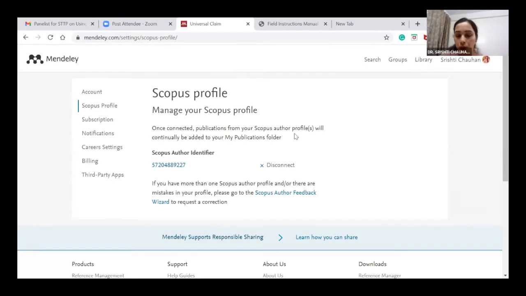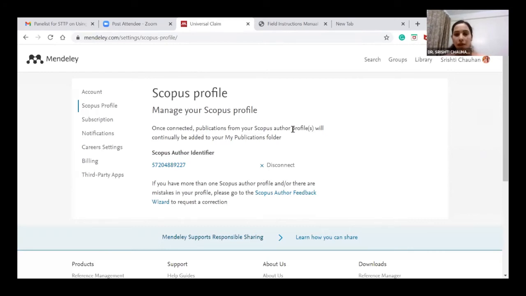Since I can't hear a lot of yes, that means a lot of you do not have it. So I would really urge you to have a Scopus ID, because at the end of the day, Scopus and Mendeley both are Elsevier's products. So if you have a Scopus ID, it not just helps to identify a lot of your work. अगर आपका work Scopus Index Journal में publish होता है, तो वो easily identifiable भी होगा, Scopus ID आपके पास होगा, and वो Mendeley से automatically